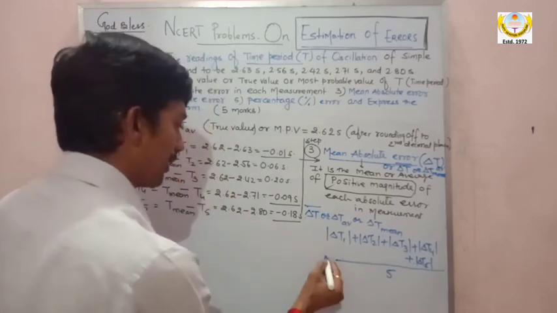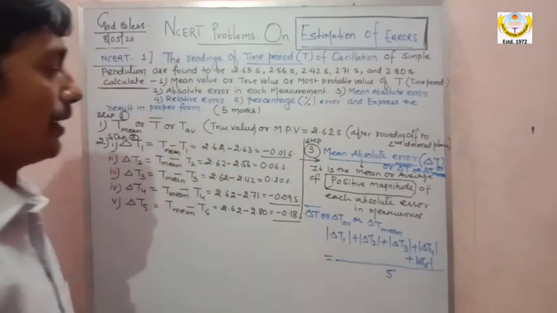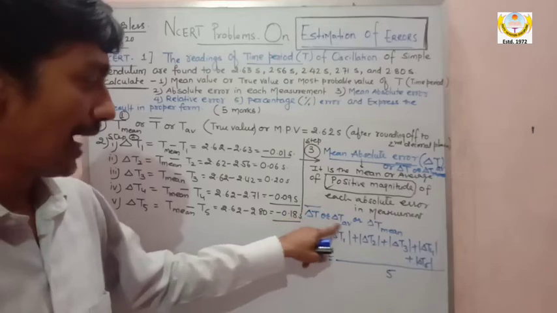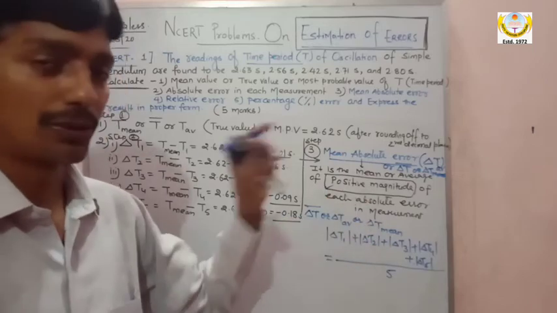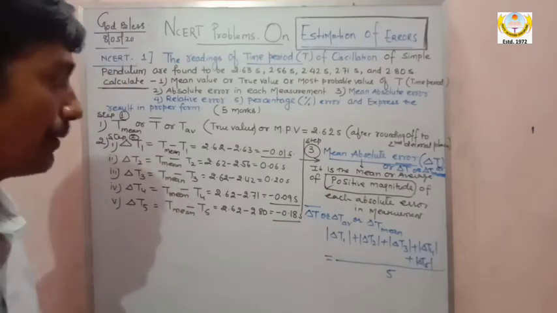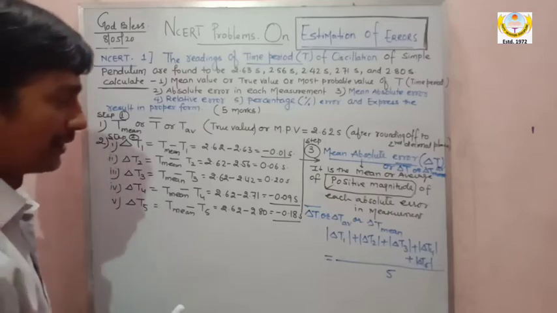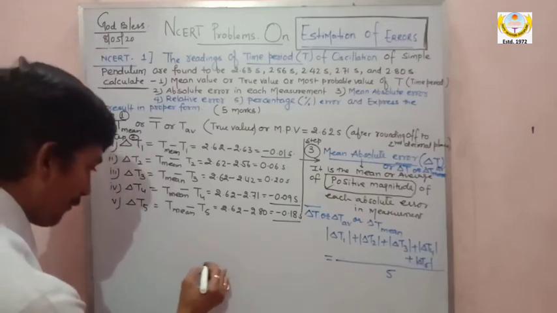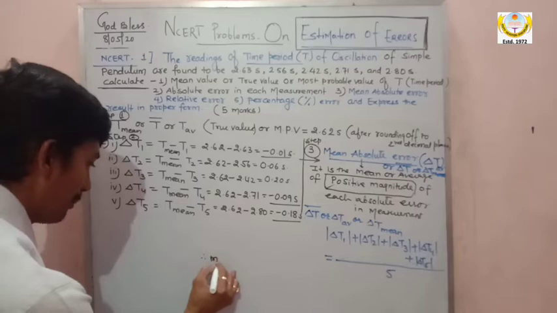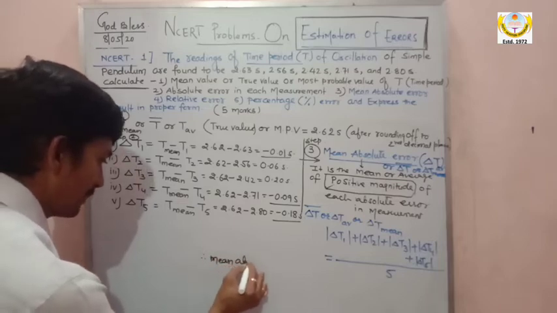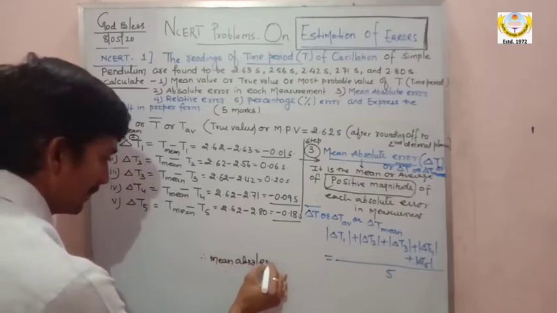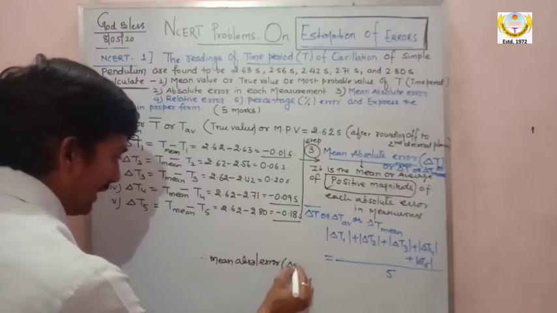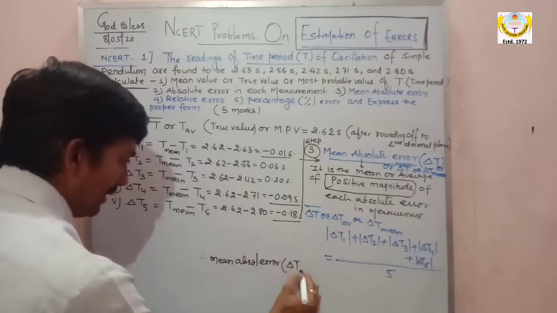Is equal to your mean absolute error, average absolute error, also mean absolute error. So now let us calculate this. So therefore mean absolute error, that is delta t mean,